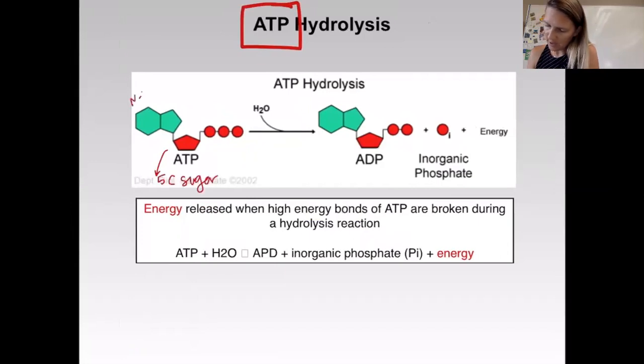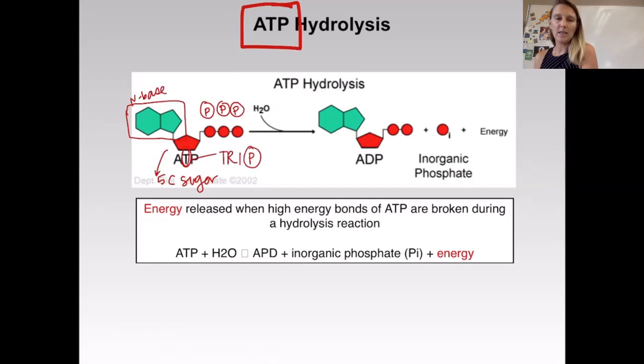They have a nitrogenous base, shown here. And in this case, it's adenine, that's why it's the A, and it has a phosphate group. However, ATP has 3 phosphate groups, and that's why it's called ATP, because this T means